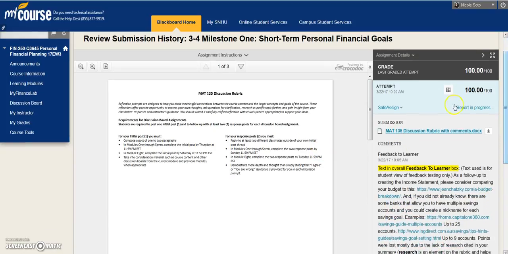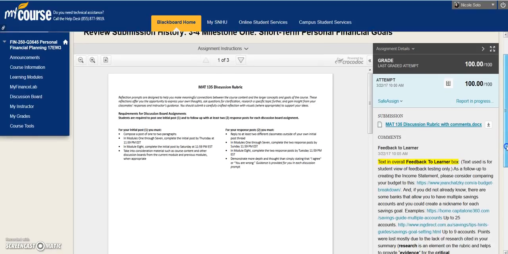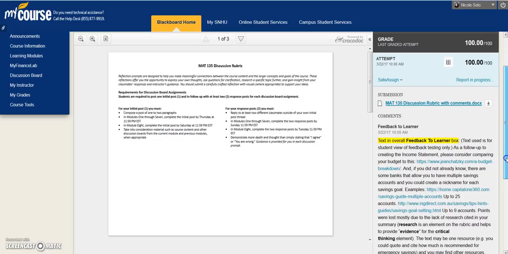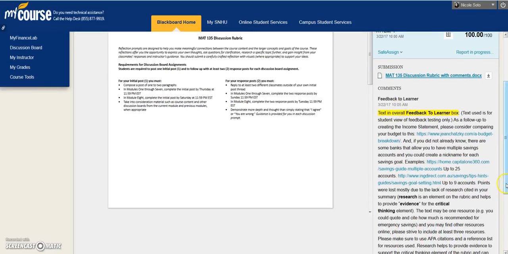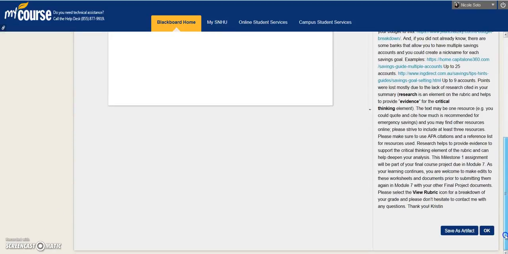They'll be able to see this feedback to learner, which again is not part of the embedded rubric. This feedback to learner is available on any assignment in Blackboard. So some faculty will need to use this if they don't have an embedded rubric. If you do have an embedded rubric, you could still use this area, or you can use the areas in the rubric itself. So here's the overall text that the instructor provided. And again, we can see at the bottom,